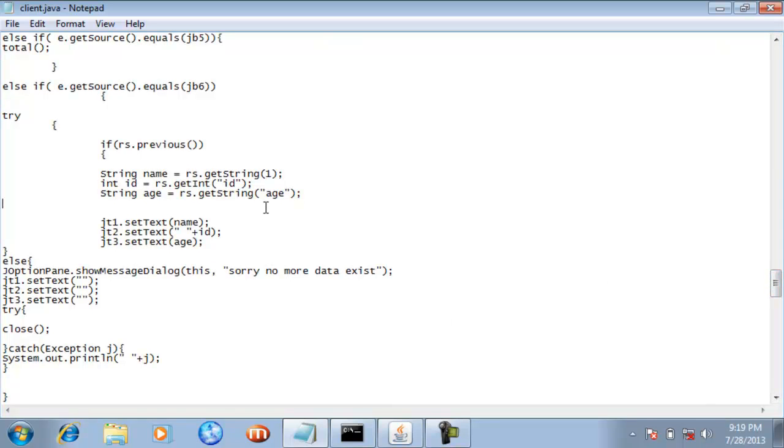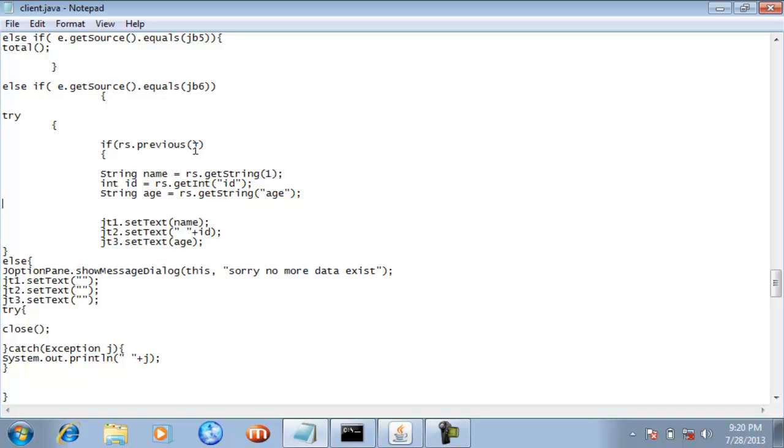We know that after clicking open, the link is established and that SQL query will also get executed on the MS Access database, and RS will be holding the reference of the specific row. So guys, here I have used a try and catch block statement, as you can see, and inside this I have not used the next method. I have used the rs.previous method. So the previous method helps in going back in the row.